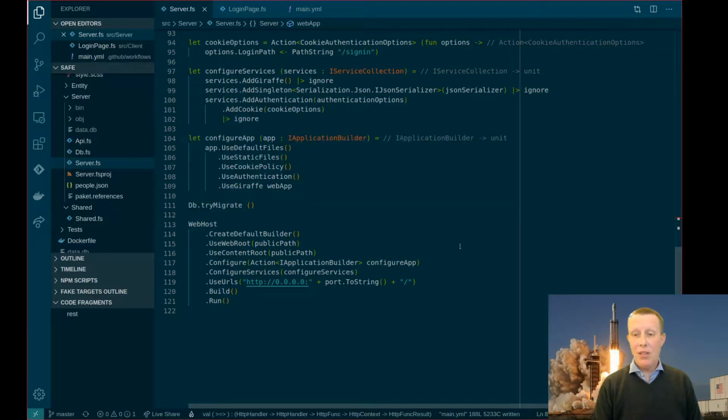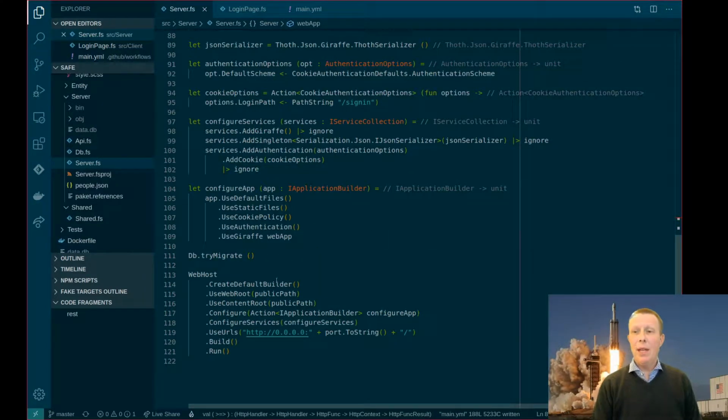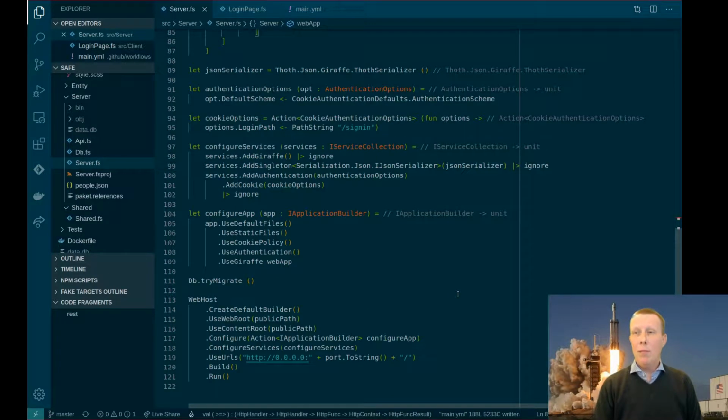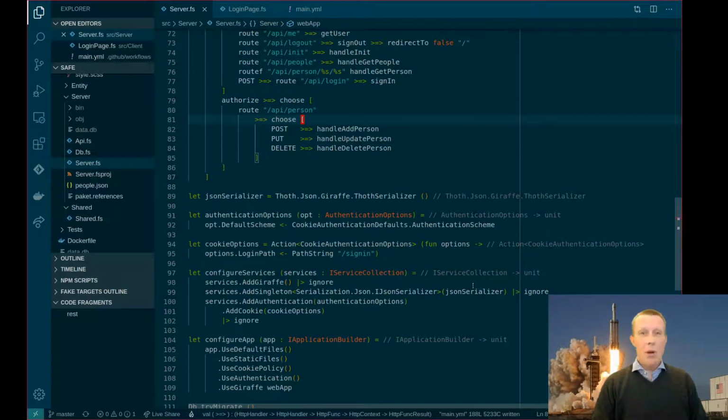The basic web server hasn't changed at all. The only thing that really has changed here is in configure app. I've added use cookie policy and use authentication to the pipeline. And in the configuration of the services to this dependency injection container, I've added configuration for authentication using cookie authentication, and the authentication options is defined up here, and the cookie options is defined there. That's a little bit about what it's going to check for, and redirect URLs and stuff. So that's the bird's eye view on